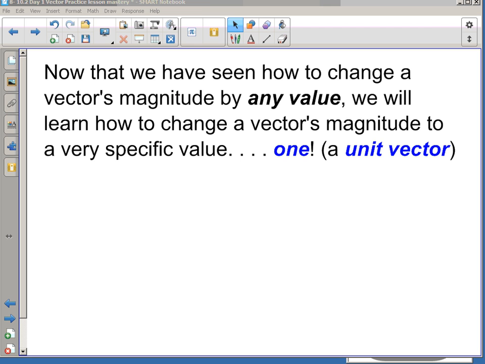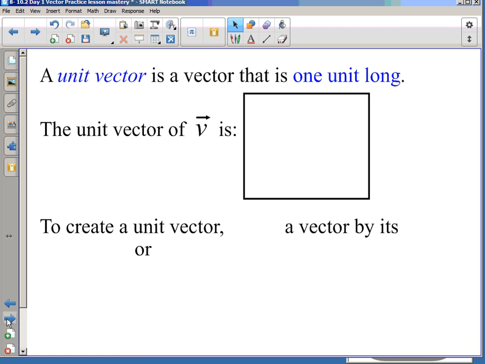You remember when we did the unit circle, that came out of having hypotenuse lengths that varied for special triangles, and we wanted to have a standard length. We made it 1. Same idea here with a vector. Now, a unit vector is a vector that is exactly 1 unit long,